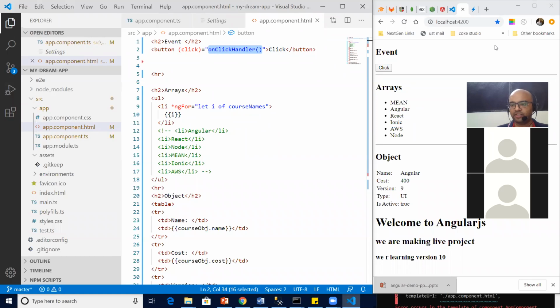No, we don't have this function. That is my next question. We don't have this function. This is a user defined function. Do I have this function declared anywhere? The answer is no. Correct, guys? We don't have this function declared anywhere. This is just a user defined function. So let's define this function.